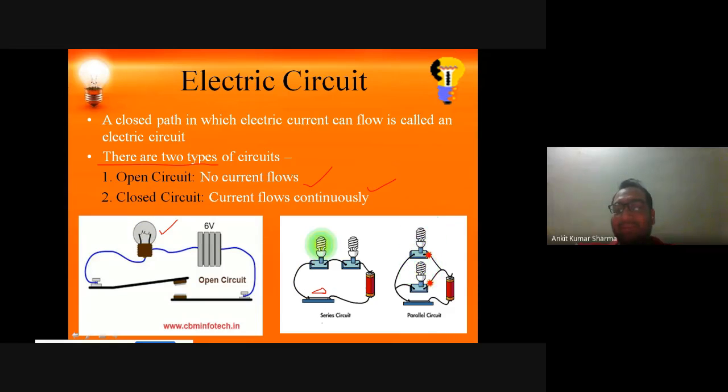When we are talking about the series circuit, then two or more loads are connected back to back. Okay, so it's called series connection. In the parallel connection, their input terminal is connected at one end and their output is connected at the other end. एक एंड तो एक एंड से कनेक्टेड है, दूसरा वाला एंड दूसरे वाले एंड से कनेक्टेड है।